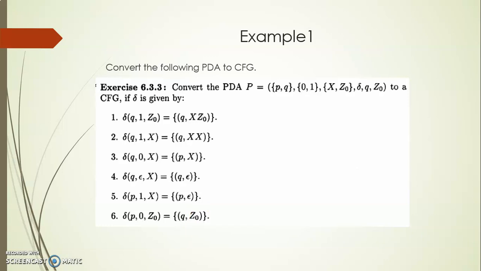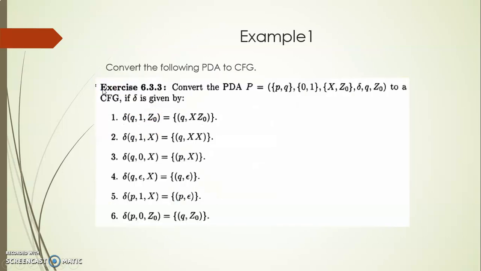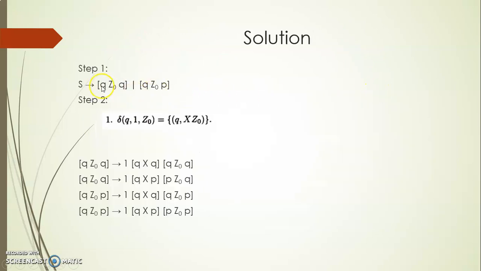As you all know, step 1 is formulating the starting symbol of the grammar. So as per the instruction, we have assumed that S is the starting symbol. So S tends to, what is the starting state as given in the question? Here they have given that Q is the starting state and Z0 as the bottom of the stack. So we'll copy it as such, Q Z0, and what are the set of states present in the PDA, Q and P. So we'll repeat this last value for every state present in the PDA.